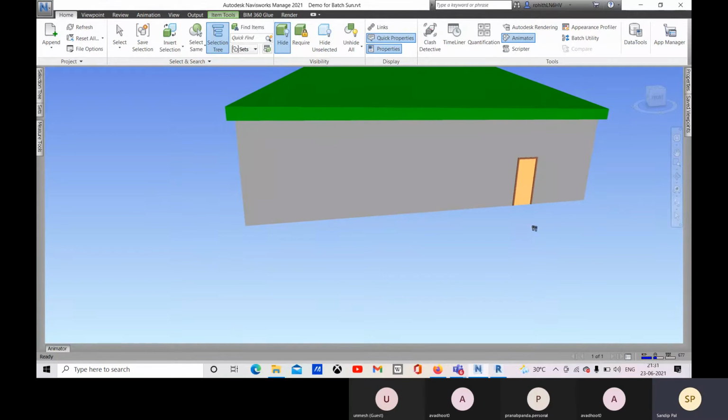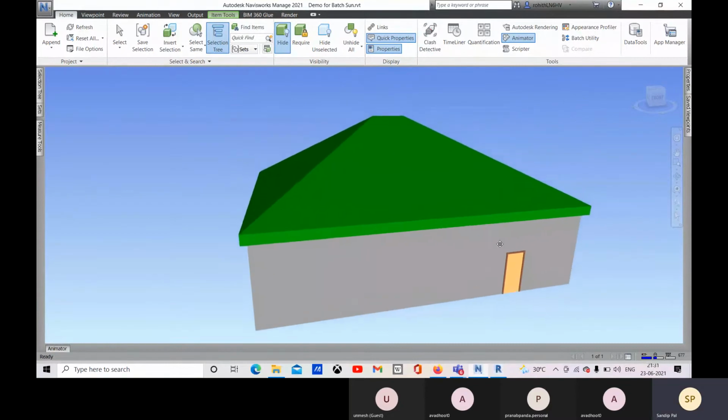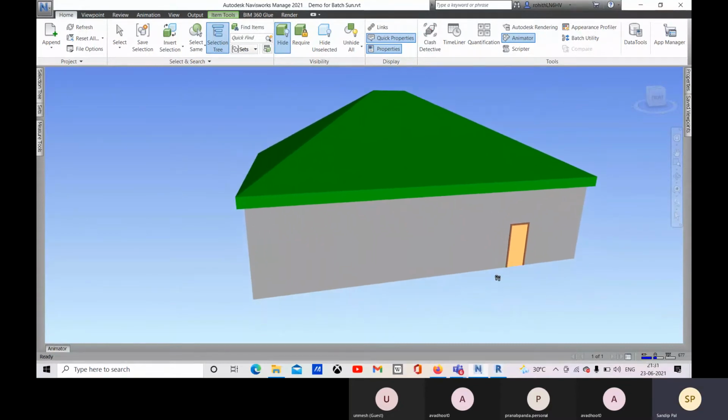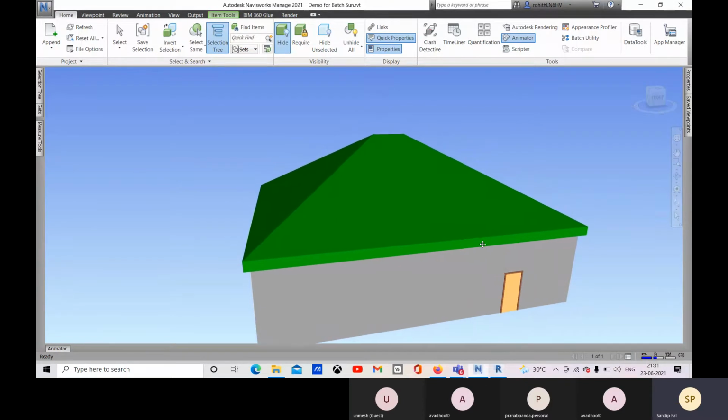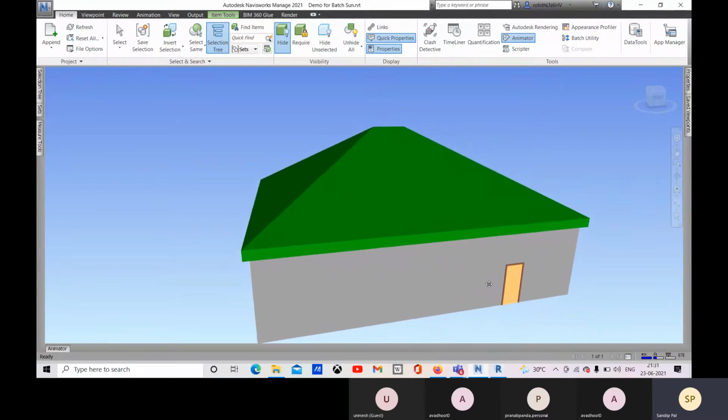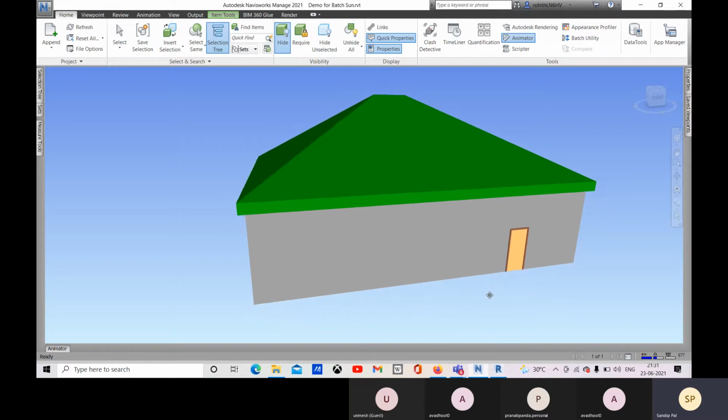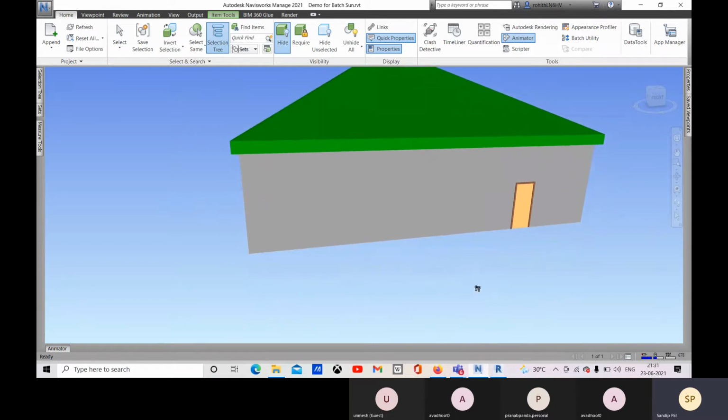So how I'm doing it with this walk: when I have to change the eye location, I'm holding my scroll button and moving my mouse upward, and it's going downward. And when I'm moving my mouse towards me while holding the scroll button, it's going upward. This way I'm changing the eye location for this walk mode.